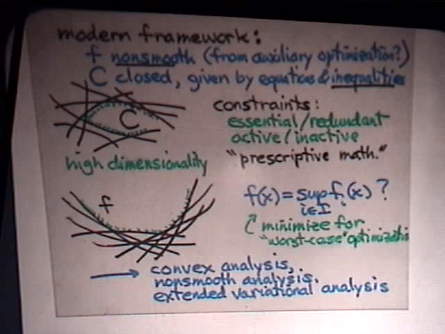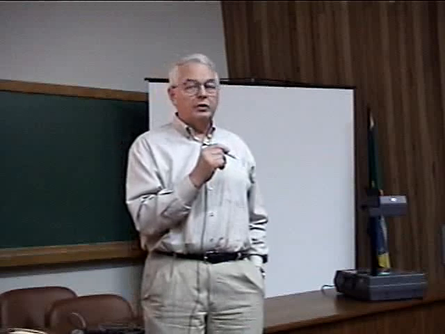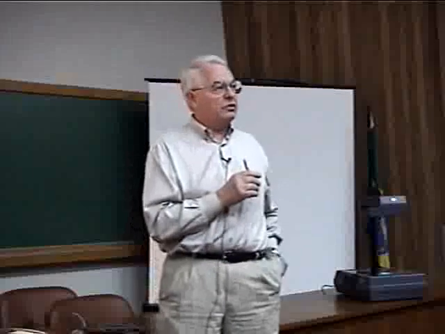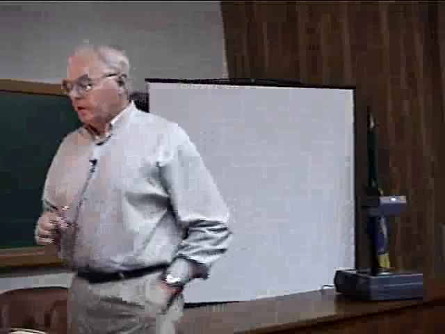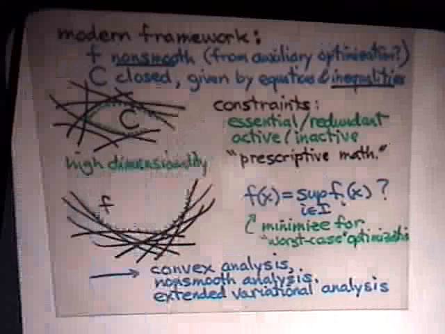And now if you wish to minimize a function over this set, you must be prepared that the minimum will occur on a boundary. It could occur somewhere in the interior of the set, but if that were true, what was the point of all those constraints? In fact, the constraints are important. So quite likely the minimum will occur on the boundary. And then you have all these issues.